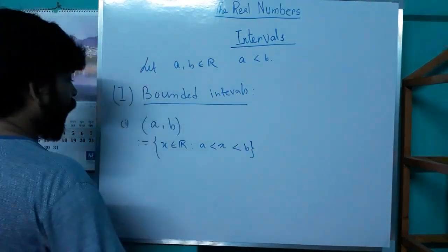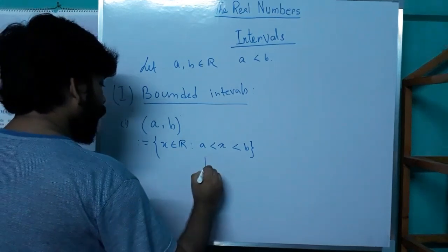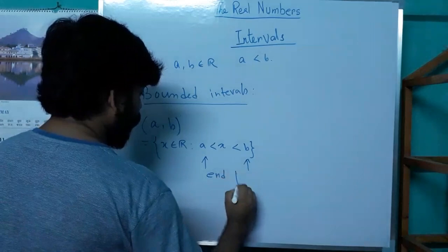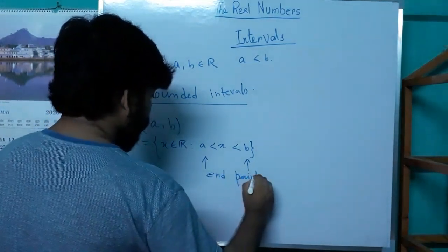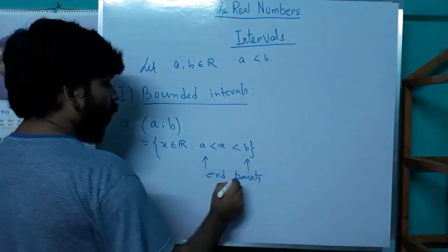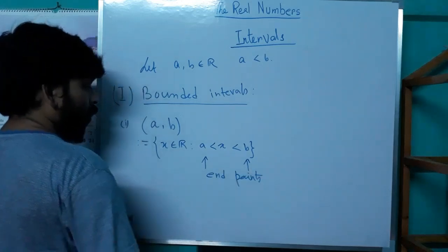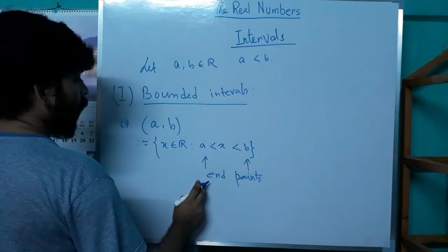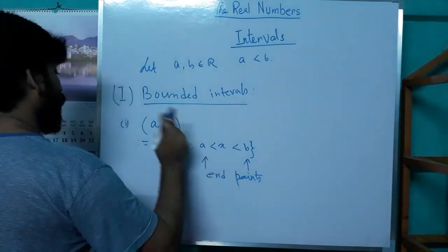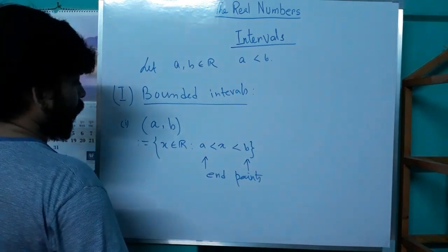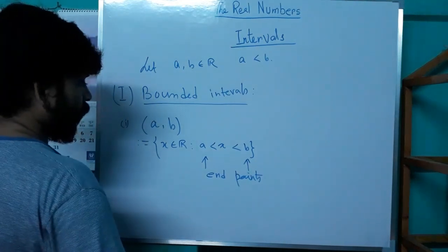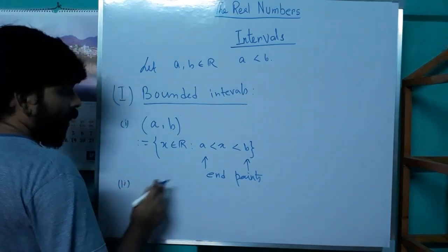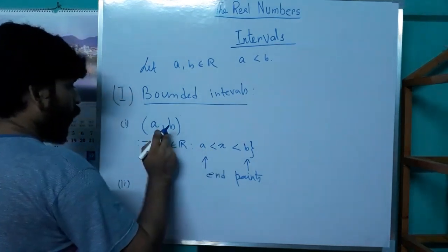And here a and b are called endpoints. So in open interval ab, the endpoints do not belong to the set open interval ab. So if we include the endpoints with the open interval ab,